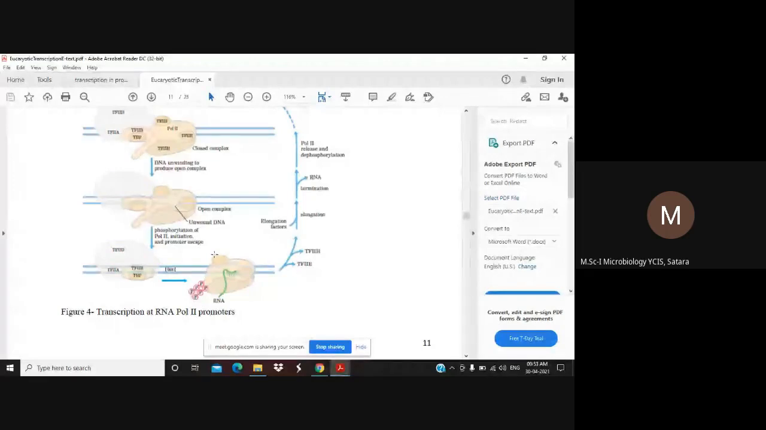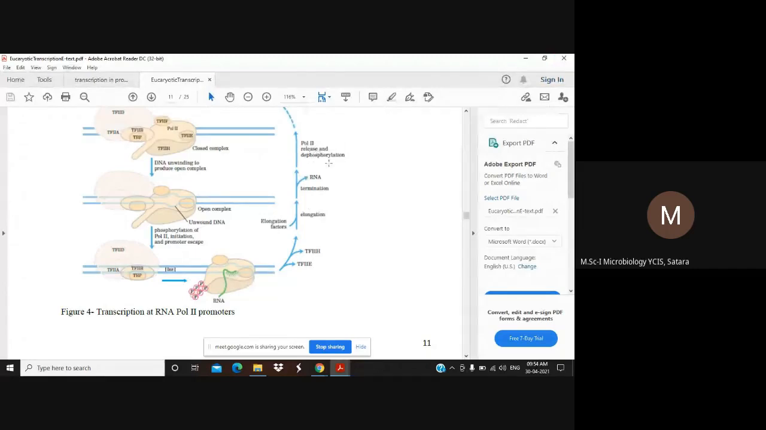Promoter escape म्हणजे काय? प्रमोटर पासून तो पुढे जातोय आणि there is the promoter clearance step. After that, there is the removal of some of the factors which are not required. तर TF2E जो आहे तो रिलीज होतोय, TF2H रिलीज होतोय, and there is the binding of the elongation factors. त्यानंतर elongation factor bind होतात, and finally there is the termination, and after termination there is the release of the